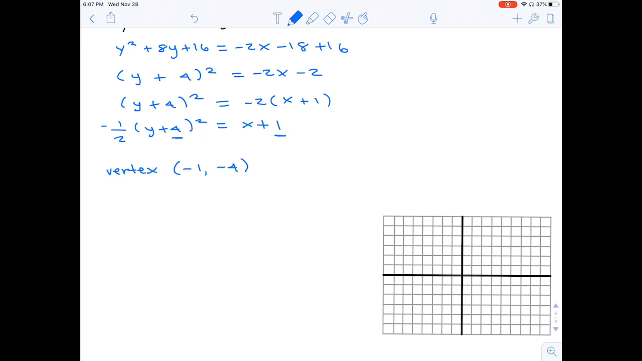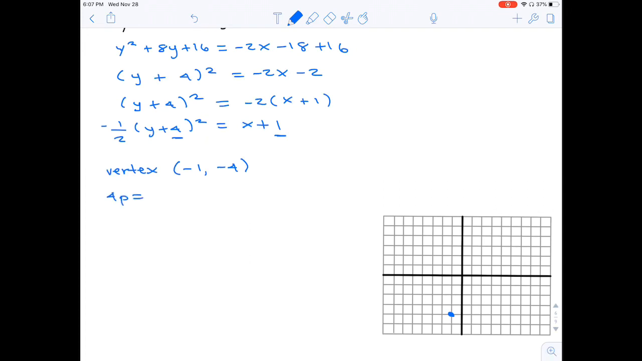So negative 1, negative 4. I think I'm going to be okay. I was a little bit worried that's going to run off. Let's see. Negative 1, 1, 2, 3, 4. Negative 1, negative 4. Okay. Now our focus, remember the way we do that, is I take 4p and I set